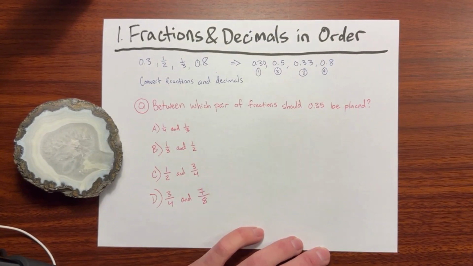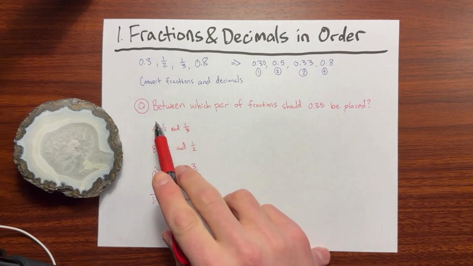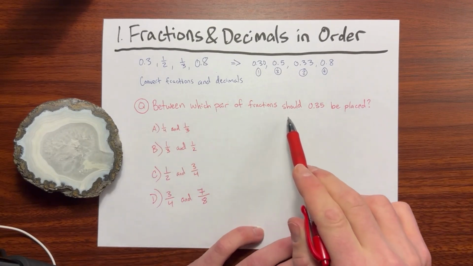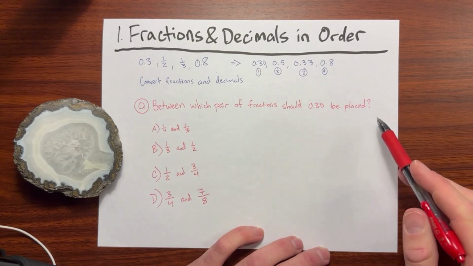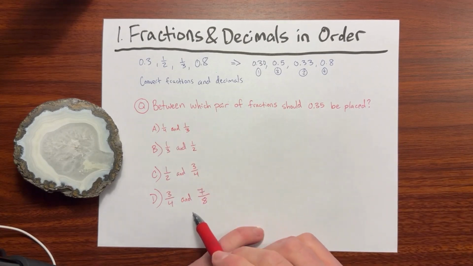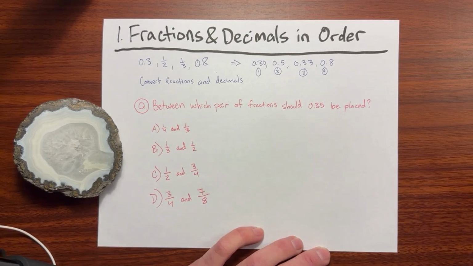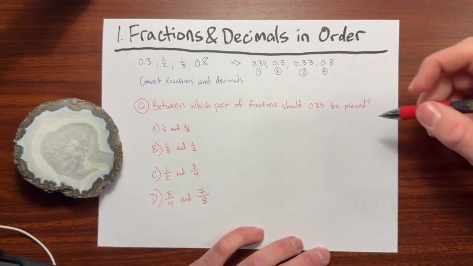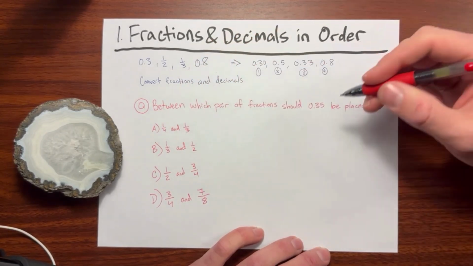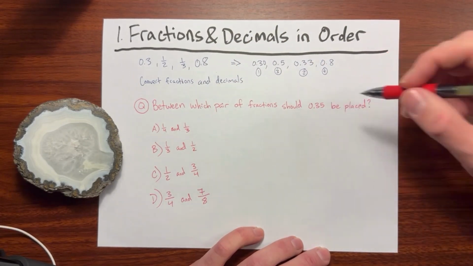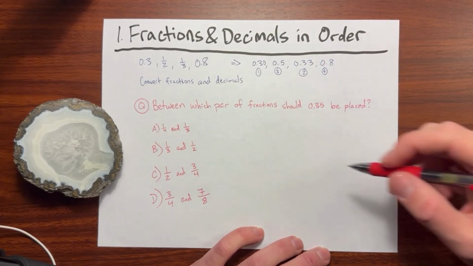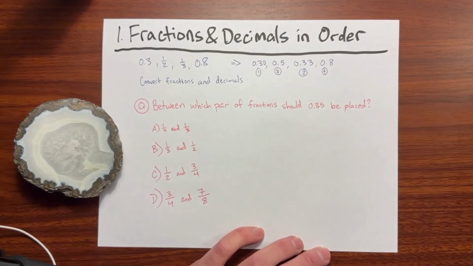So a question for one of these could look something like this, and it asks, between which pair of fractions should 0.35 be placed? And we see we have a number of fractions less than 1 for answers here. So the easiest way, we will start to convert each of these into decimals and see where 0.35 should be placed. So starting off up here with